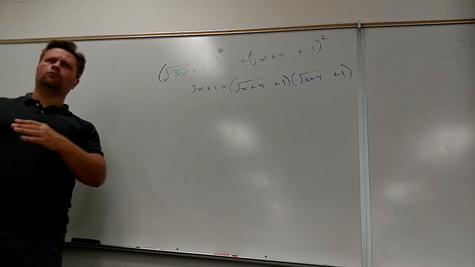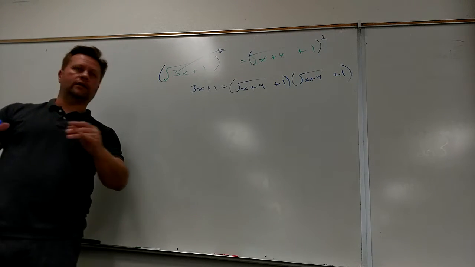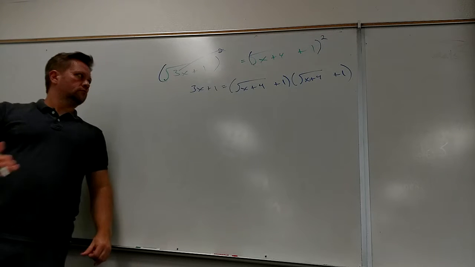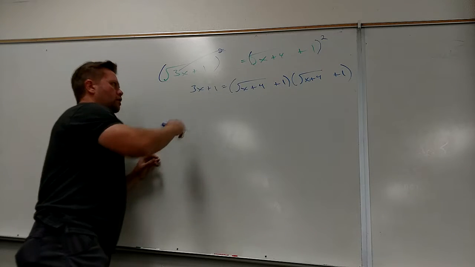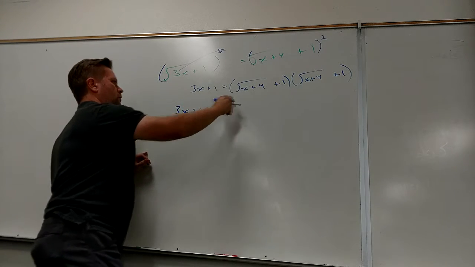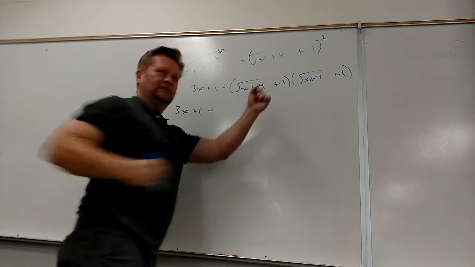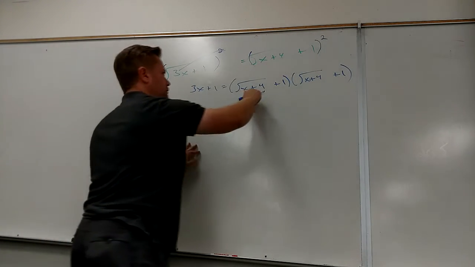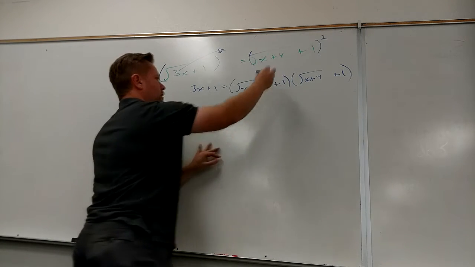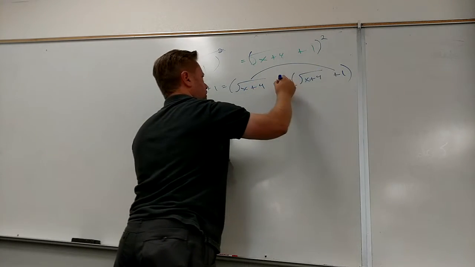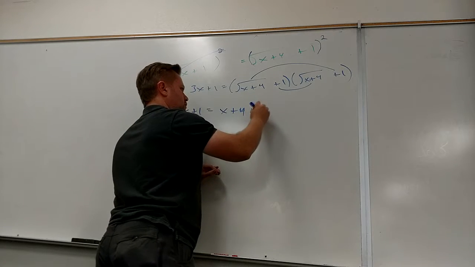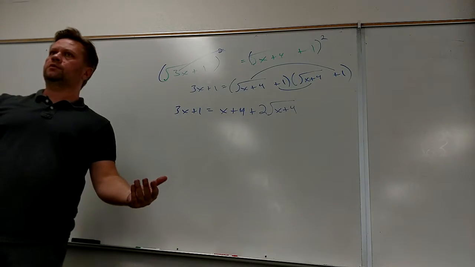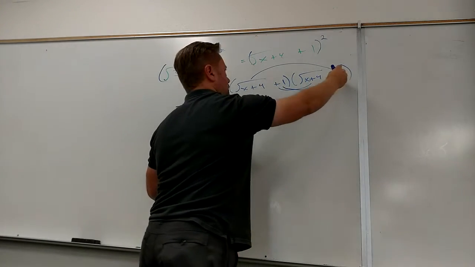So I isolated one of the radical pieces, and I killed it. And now I'm going to isolate the other radical piece and kill it. So now, let's see what we get. What is square root of x plus 4 times square root of x plus 4? X plus 4. Always, that's how it works. This times this is just a whole one of these. Then I get one of these plus another one of these is 2 of these. Is that cool? That's the middle terms, they're like terms. And then at the end I just get